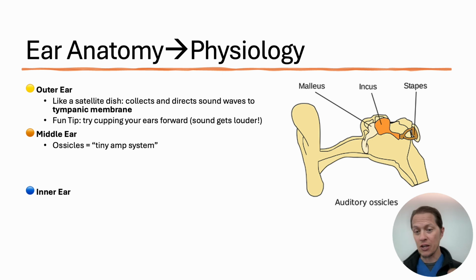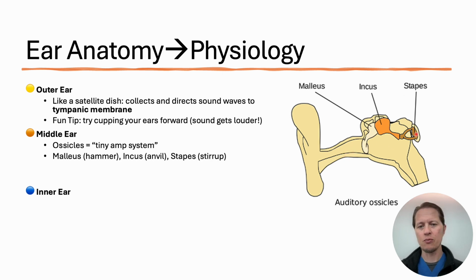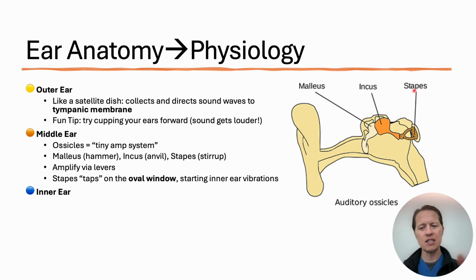The middle ear is kind of your amplifiers. It's a tiny amp, but it's a set of amps that literally amplify the sound. And the 3 bones of your middle ear, stapes is the tiniest bone in your body, can fit right on your fingertip there. And this levering system amplifies the sound, and that stapes then finally wraps or taps or knocks on the oval